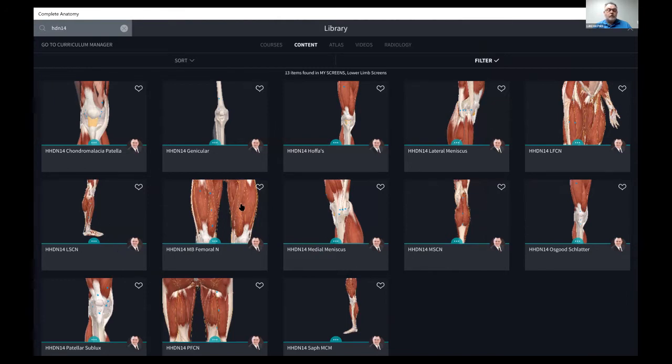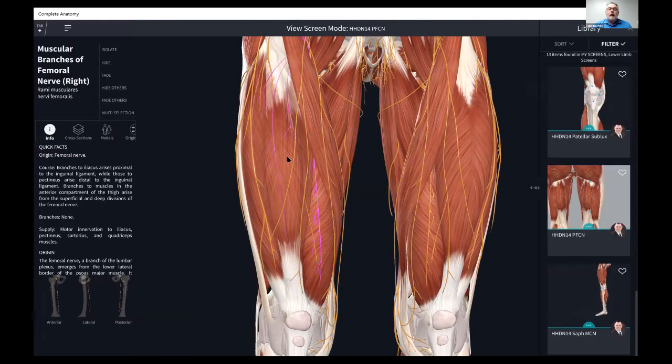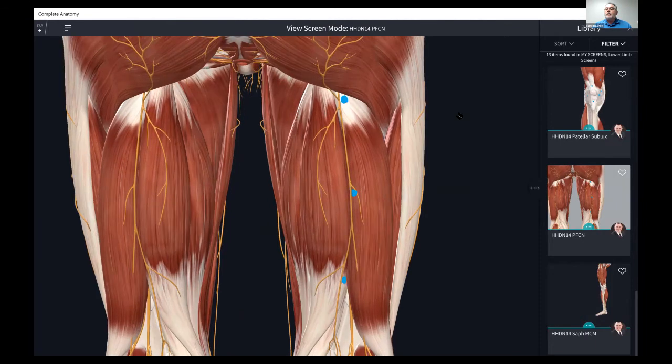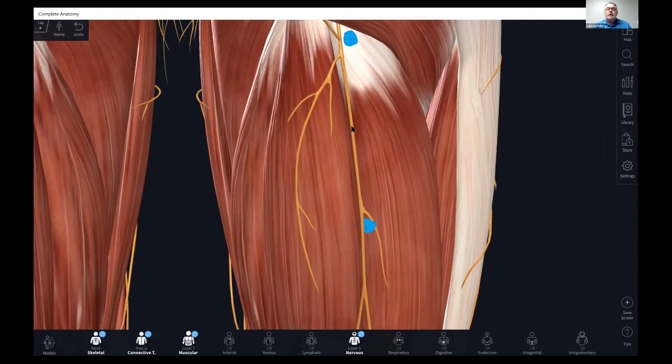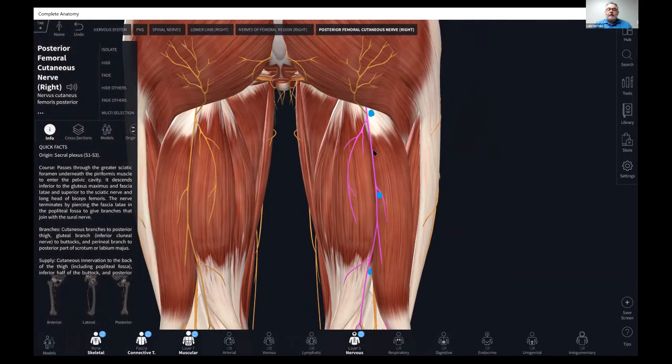Where do we go? There we go. Again, let me come in and highlight that nerve. Again, I keep mentioning this. All of the 3D anatomy